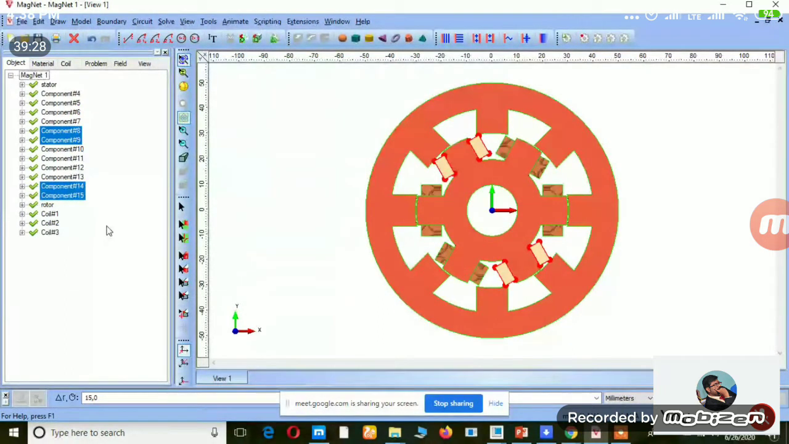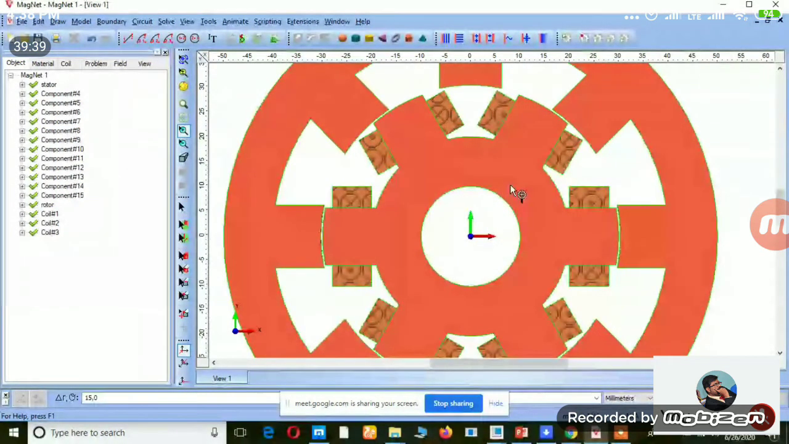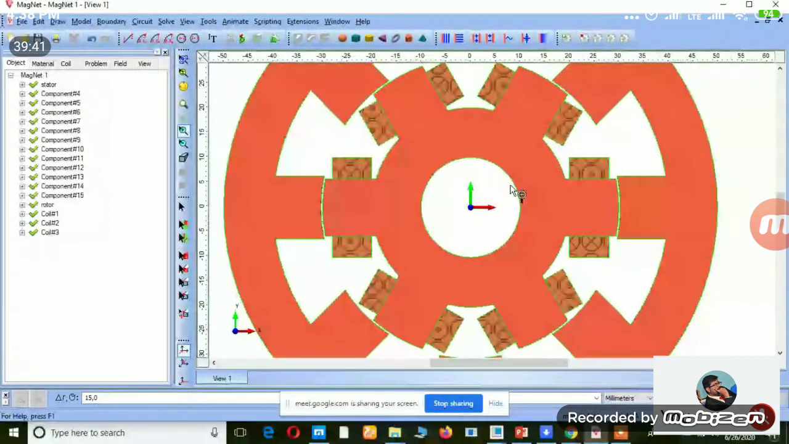So this is not phase A, phase B and phase C. That is coil 1, coil 2 and coil 3. It is not phases, right? Now again zooming into this one. Now I want to assign the direction of the coil. So for assigning the direction of the coil, according to Fleming's left hand rule,